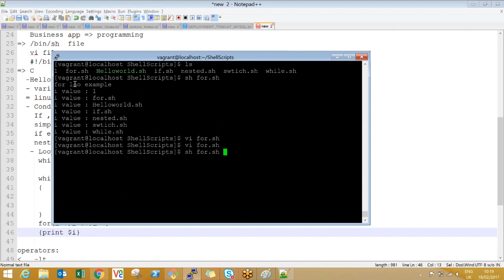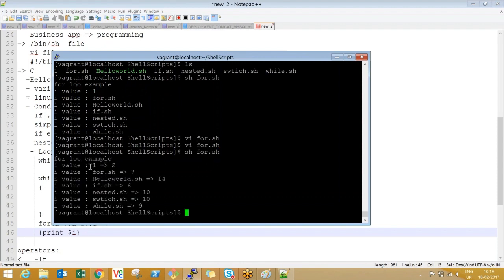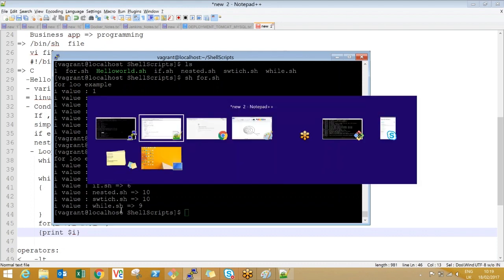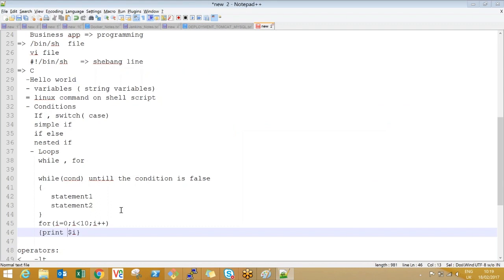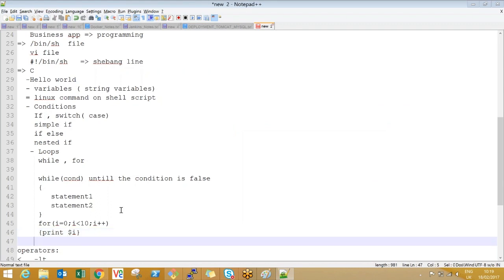Let's see. Did you see this? The first file is having 2 characters, the second file is having 7. It's not 2, guys, it's 1 only, but a newline character is also included, so plus 1. Now this is 7, this is 14, so this is how you can get the data, whichever way you want it. That's about the for loop. That's it, guys.